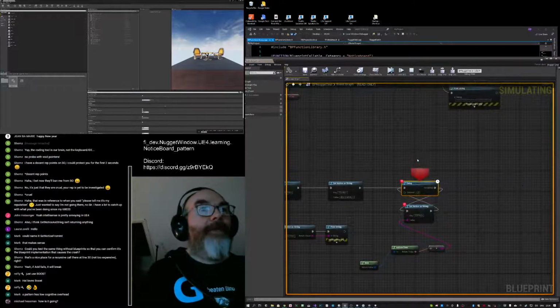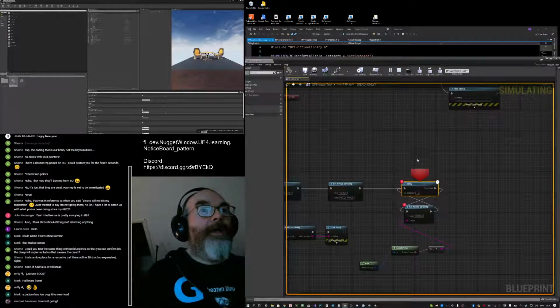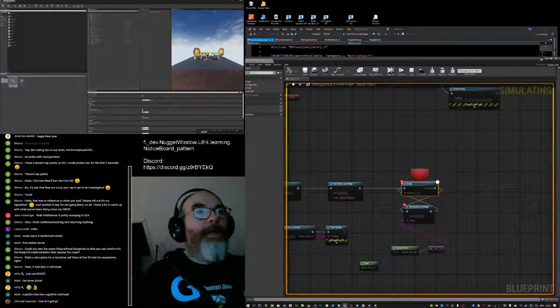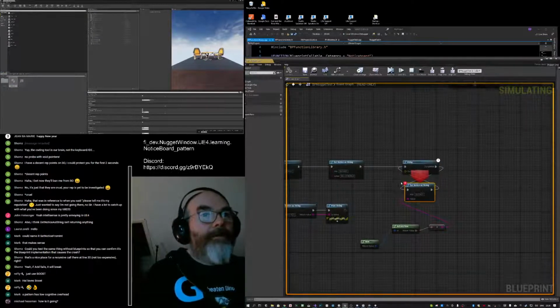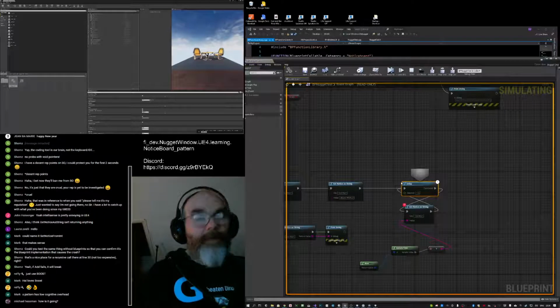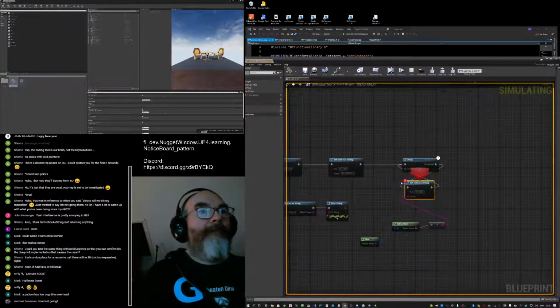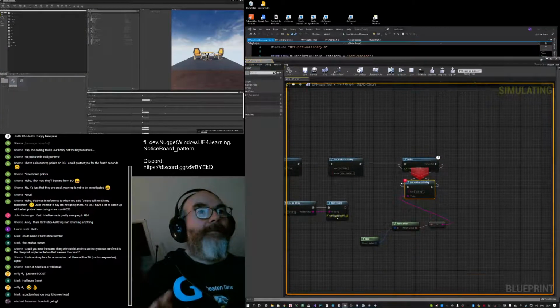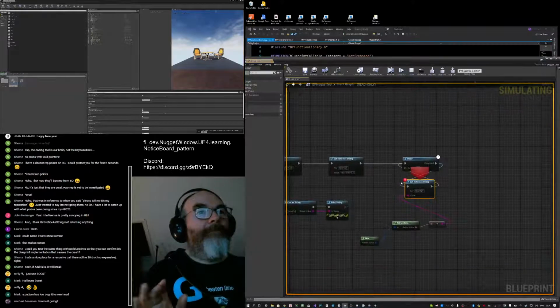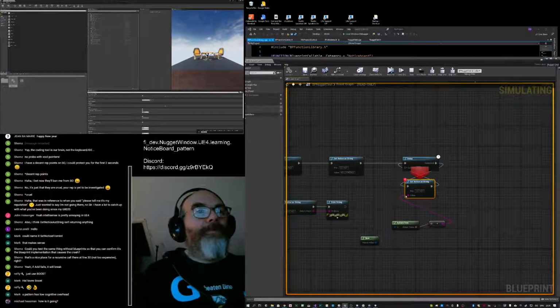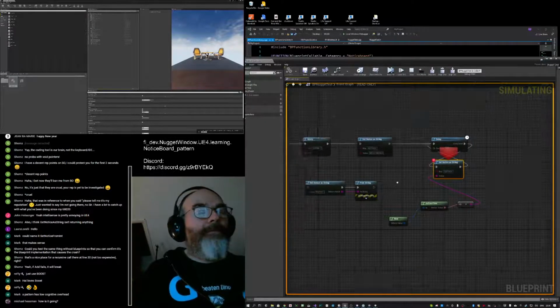So if I hit F10... One-second delay. And all of that is working fine. And this is the current value, which is the date and time.